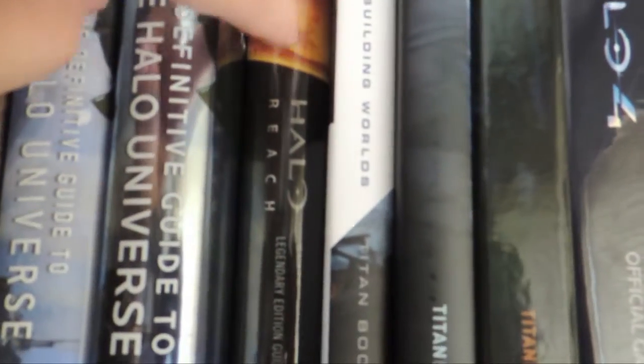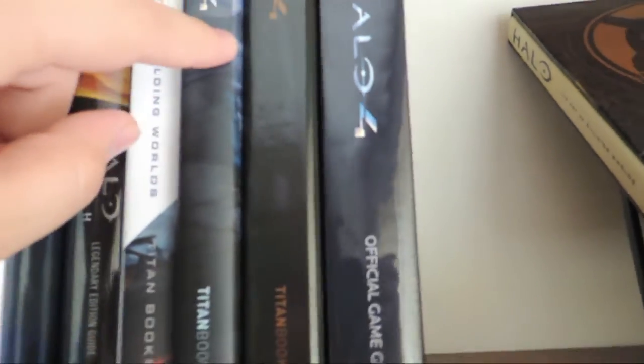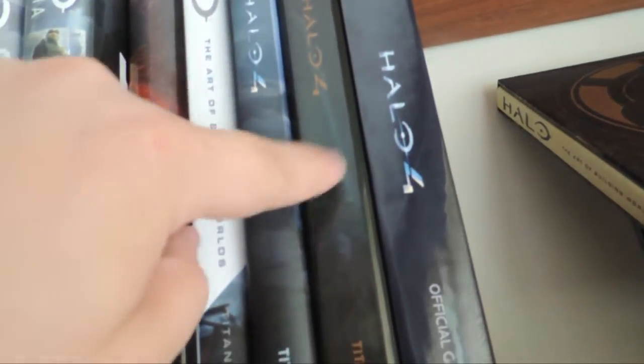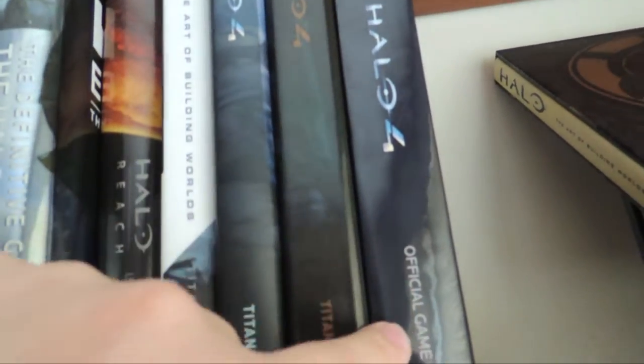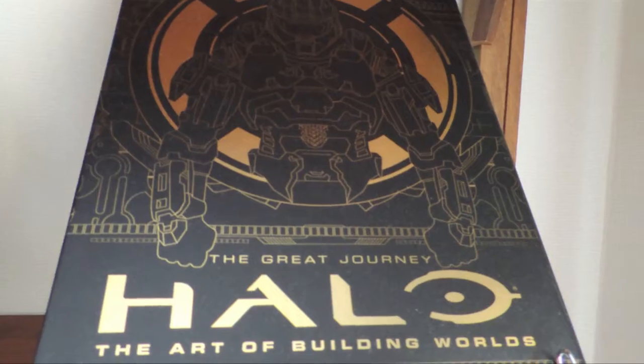Halo Reach Guide. Art of Building Worlds, Halo 4. Got regular and limited edition of the art books. This is the Halo 4 game guide, and then special limited edition of the Great Journey. And last but not least, just got a few